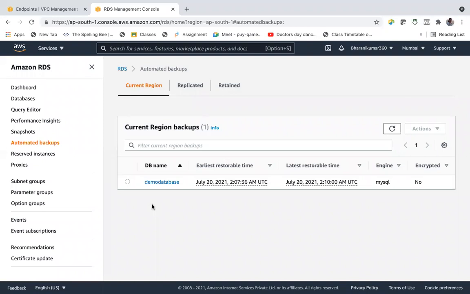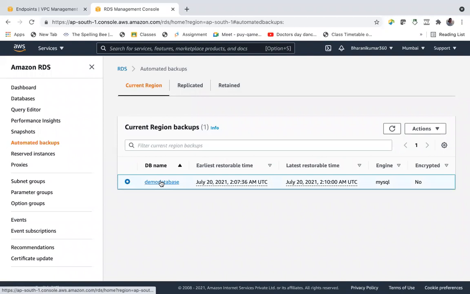So every day at 11:30 it will take a backup of the database. So I can restore the previous day's backup anyway, but I will miss all the updates that happened today from morning, because the database crashed at 10:30 p.m. So what are all the transactions or updates that are made to the database? We will miss that. So that is a problem. It's not like you can restore the database from this only.